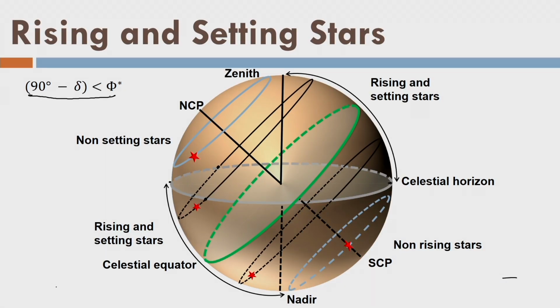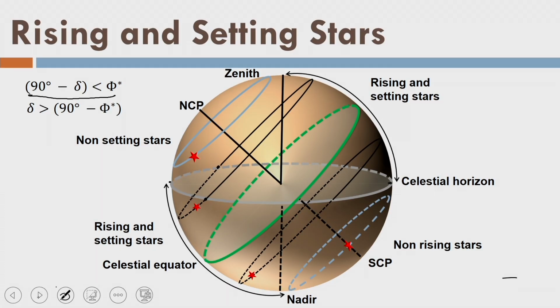Now, we have learned many times what is declination and what is the longitude and latitude of the place. So, I am writing this relationship here, where I can see that if the latitude of the place is more than 90 minus delta, that is co-declination, the star will be a non-setting star or circumpolar star. Similarly, you can find the other relation for the remaining stars. So, now I can write this relationship, that if the declination of the star is more than co-latitude, then that star will never set, it will always be a non-setting star.